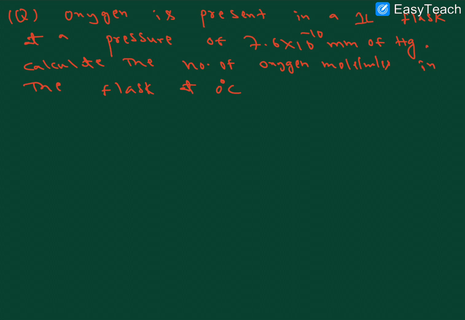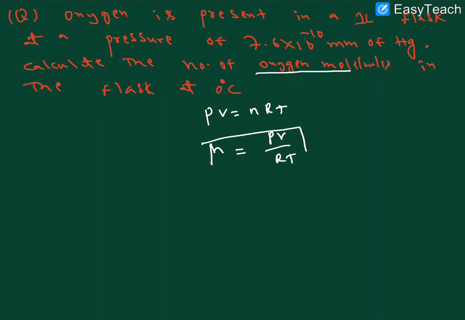In this way, we can substitute all these values in this formula and get the number of moles. So number of moles is equal to, what is that here? 10 to the power of minus 12 into 1 by 0.0821 into 273 Kelvin. So we'll get some value here. You multiply this value with the Avogadro number, that means 6.023 into 10 to the power of 23, right? So we'll get the number of molecules.